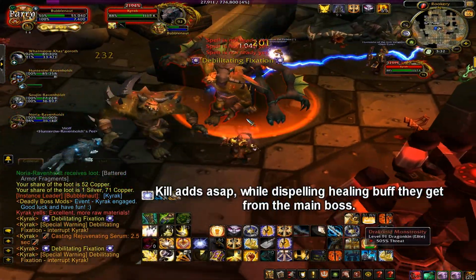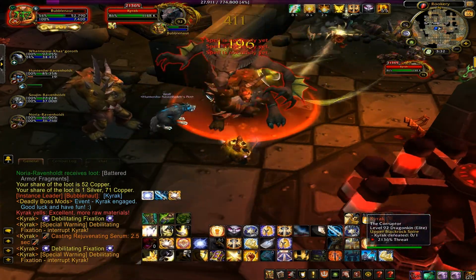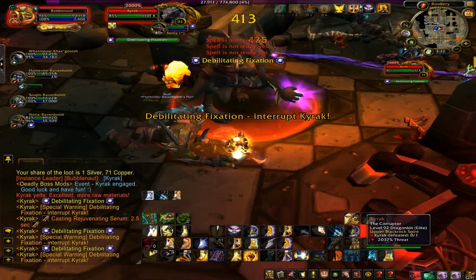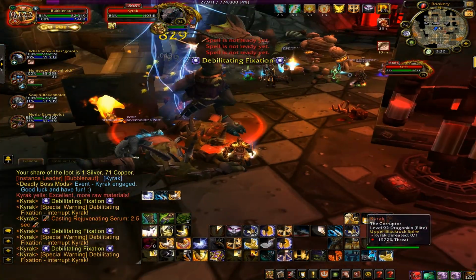I was like, what am I supposed to do? Am I supposed to tank them wherever? I was running around pretty much mindless. So, the DPS took down the little dudes, and then you just want to keep making sure that debilitation ray,